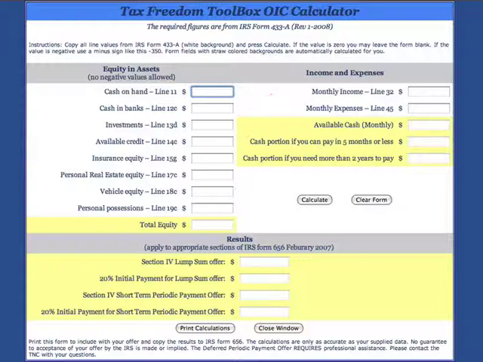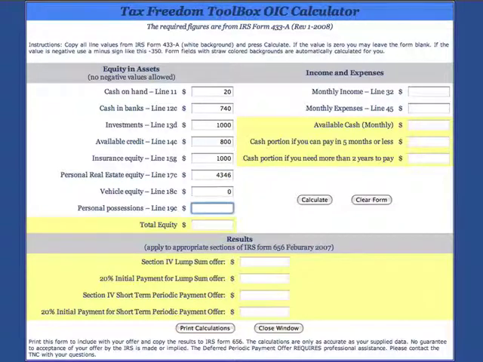Enter that figure. Investments, 13D. We'll enter that figure. Available credit, 14C. We'll just go down and fill in the rest of the lines. 15G. I notice you can just tab right through the form here and add the numbers in. And 17C for real estate equity. 18C for vehicle equity. Personal possessions, 19C.